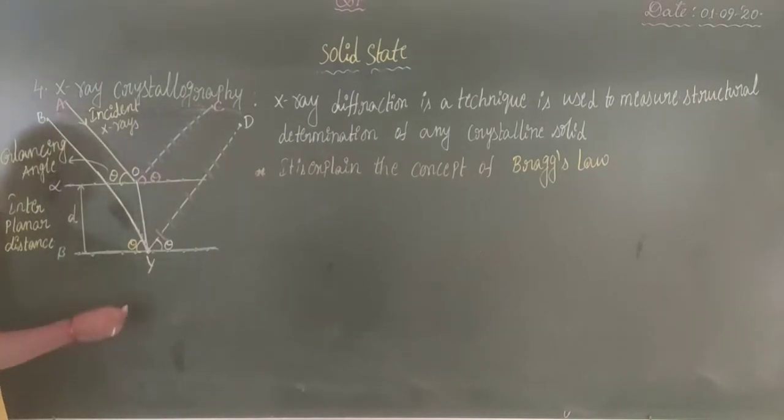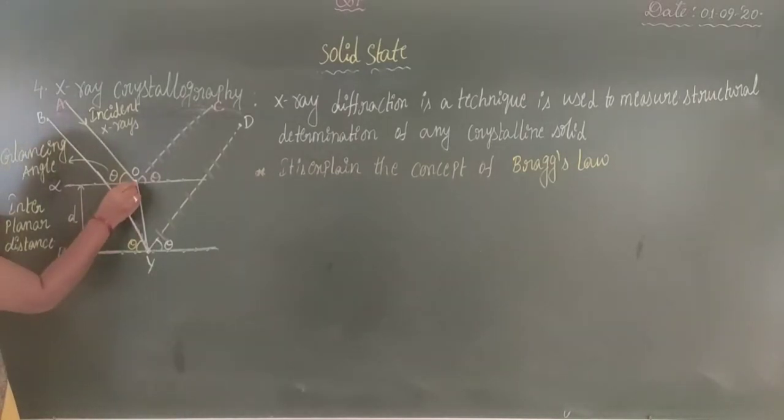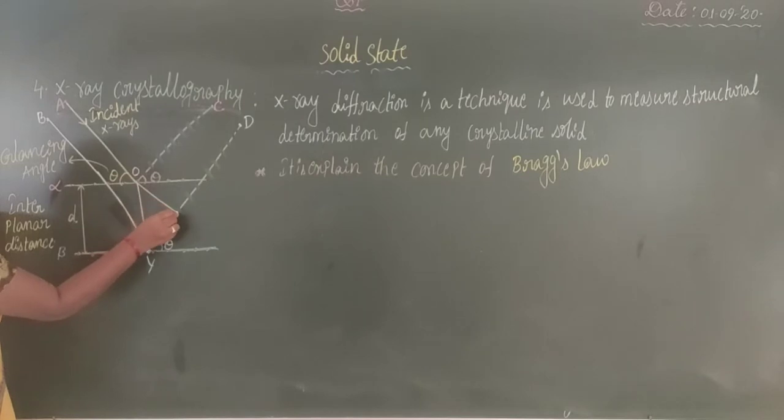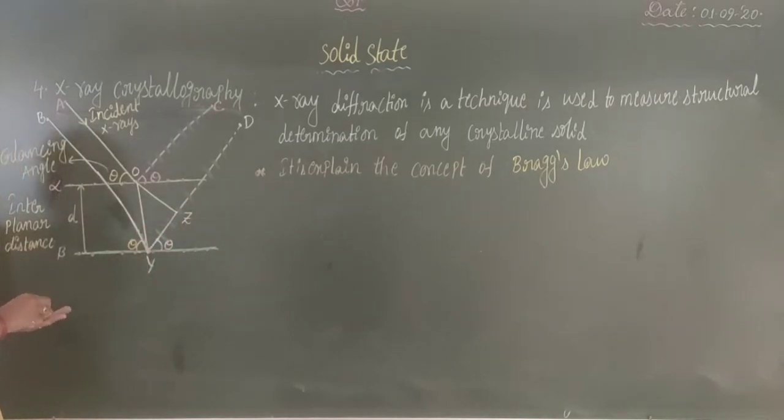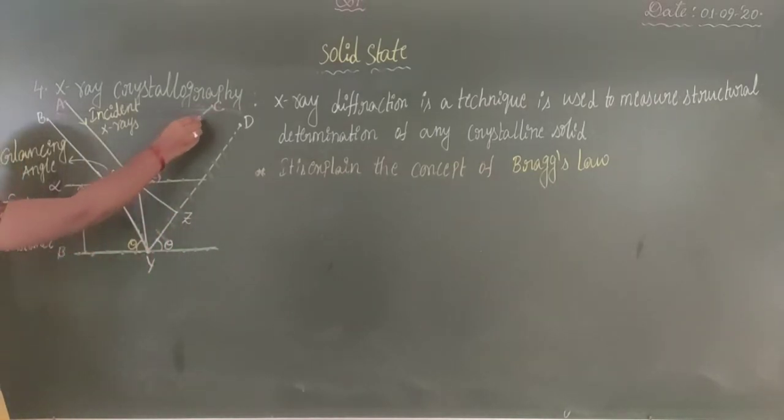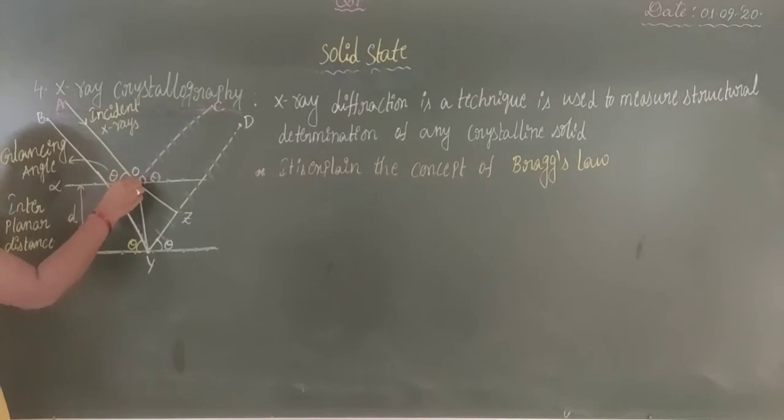To get triangles, you draw lines hypothetically. This line is extended like this, and that point is represented with the letter Z. Likewise, the CO line is also extended hypothetically, giving one more line. That point is considered as X.